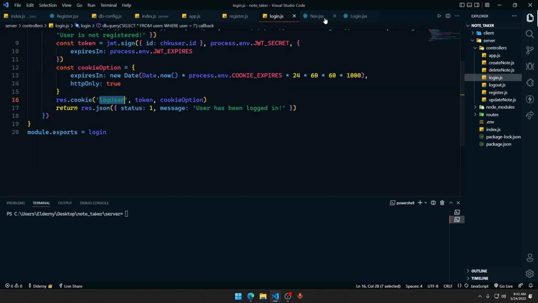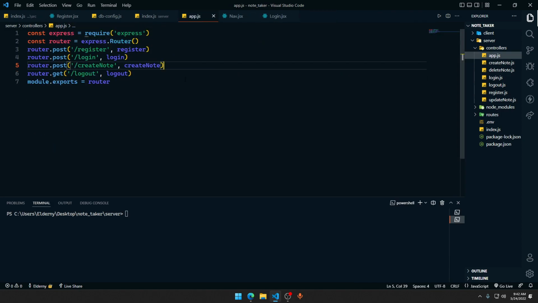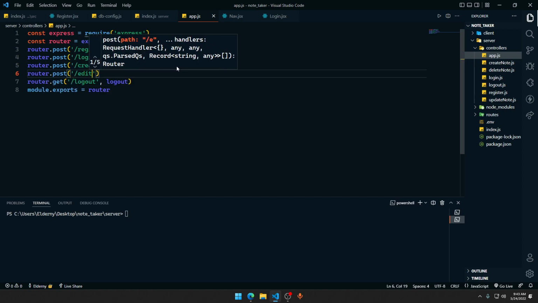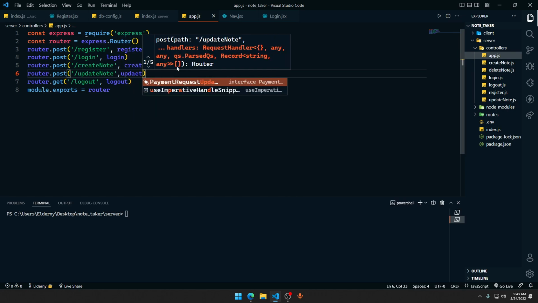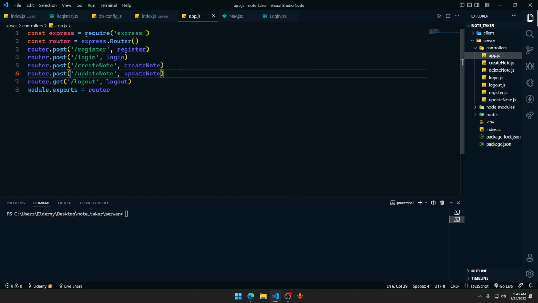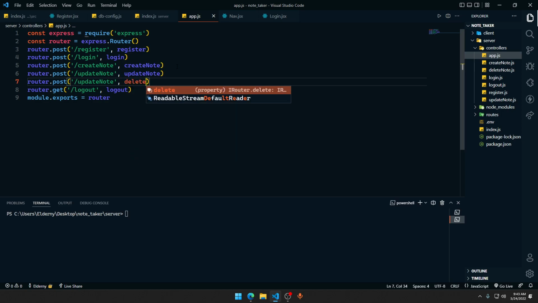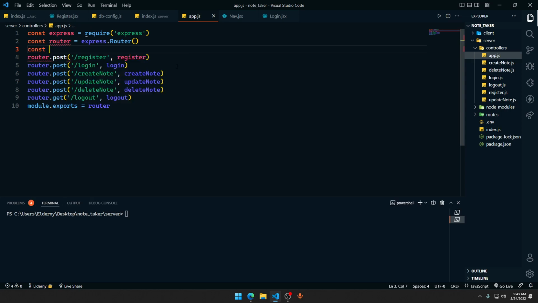Okay, we created a lot of things, a lot of boring things, to be honest. So we created the create node. Routed the post on slash edit node, right? Okay, update node with the update node variable. We're gonna have constant